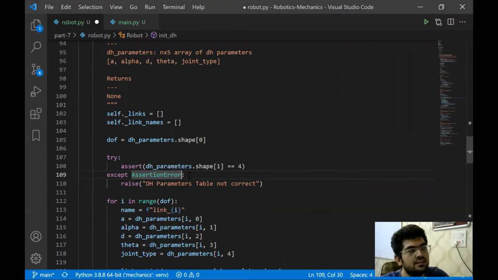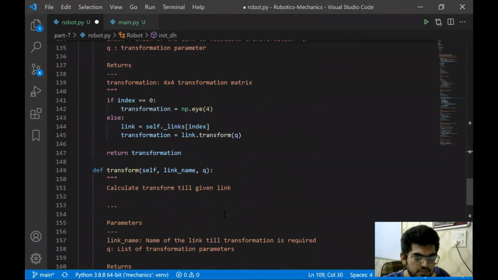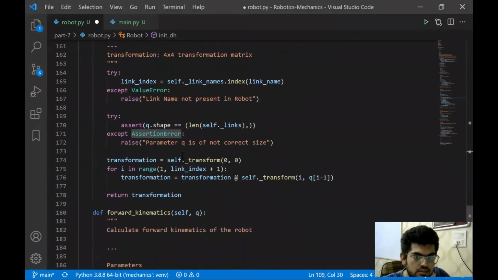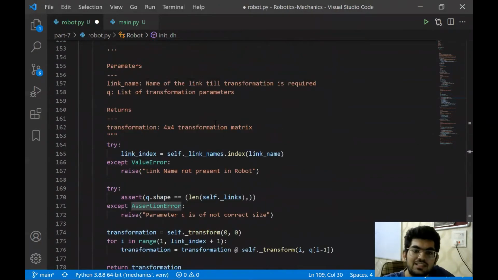Otherwise, all the errors that come through will be caught by this, and if they are caught, we won't know what the error actually was. So it's just to filter out a particular error. I think I've committed everything.